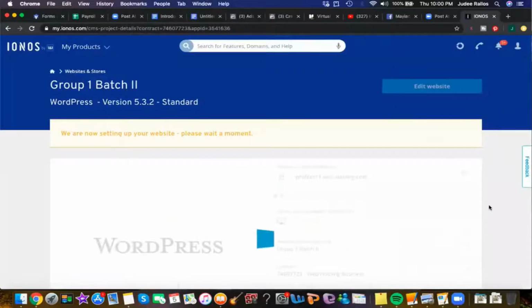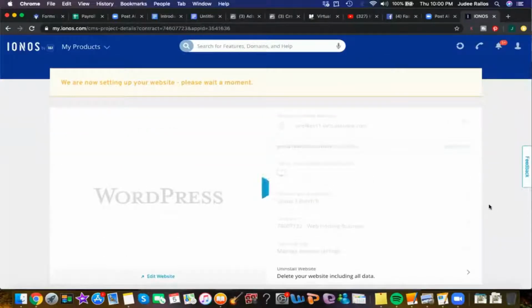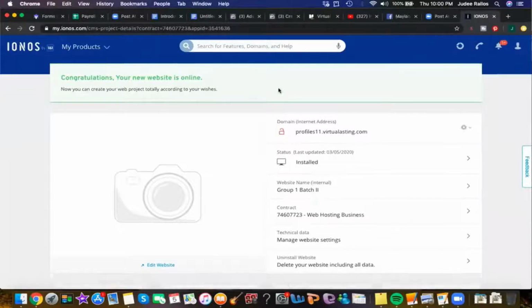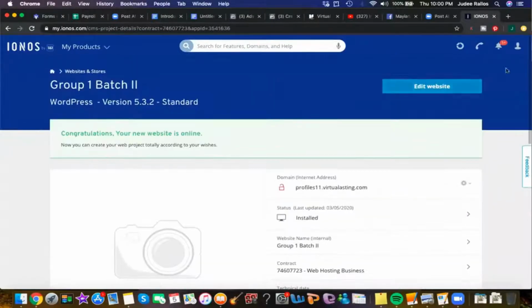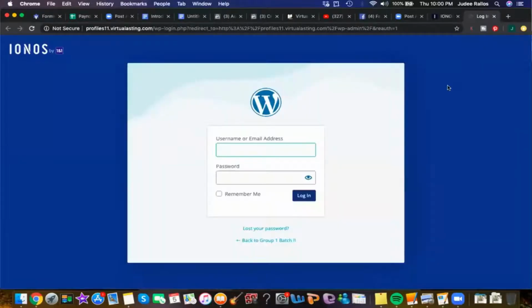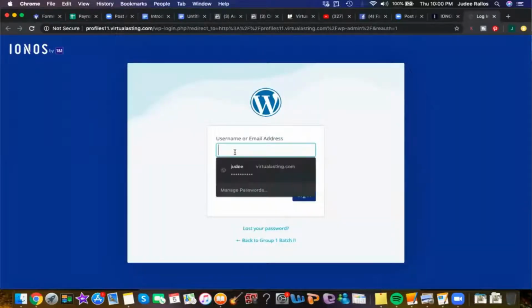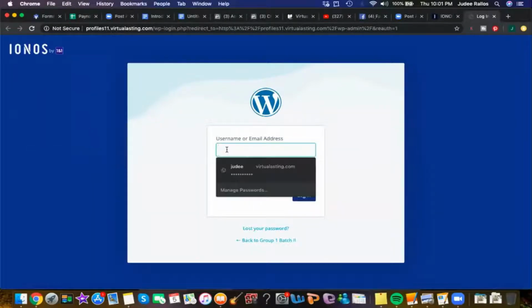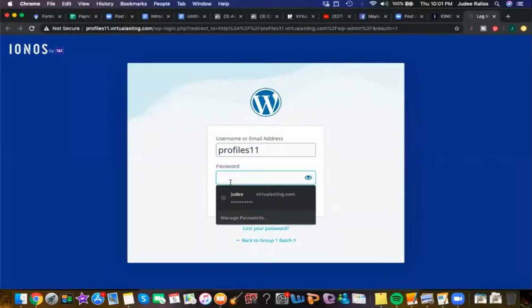So, now it's setting up. Congratulations, your new website is online. Okay, so now let's edit the website. And it's going to ask you for the login. So we created a login earlier. And the username is profiles 11. And the password is, wait,